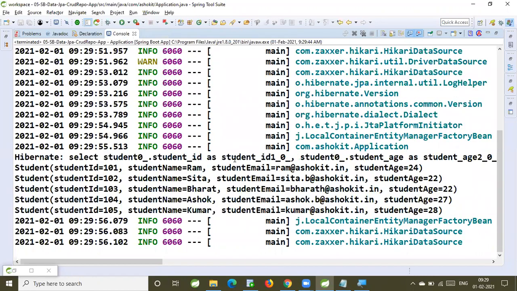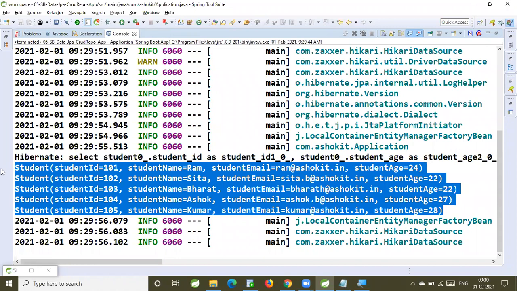Are we able to get all the records from 101 to 105? Yes. See here, one select query is executed, which is equal to select star from table. All the records it retrieved, and it is printing on the console. For that we use findAll. Now tell me,